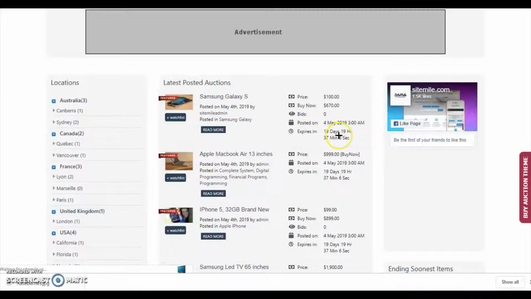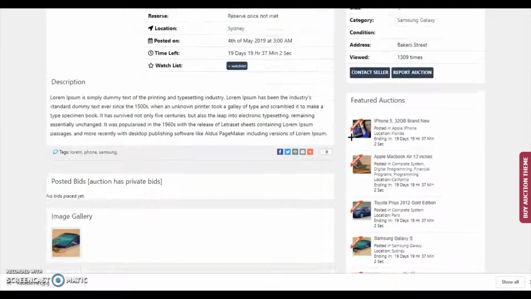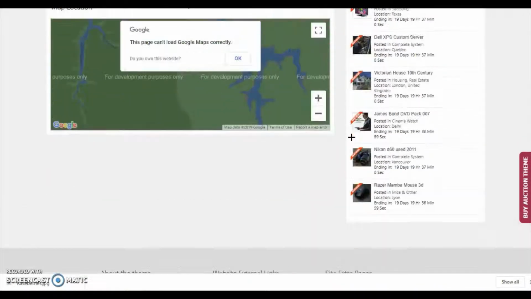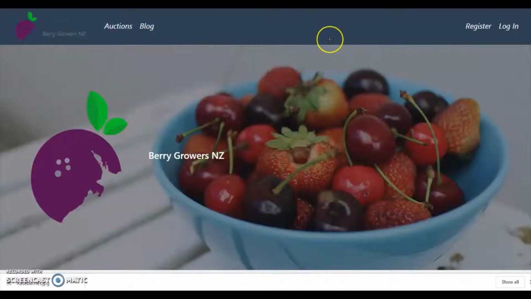As we can see, we can click and it has a very Trade Me styled auction site, which is good. However, it wasn't perfect, so this is how